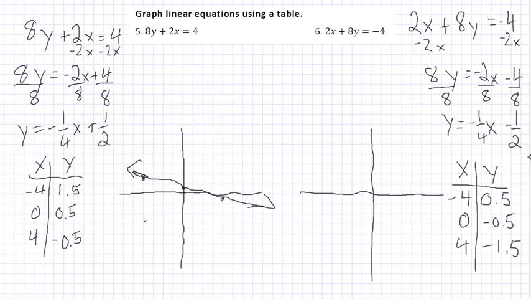As we go ahead and graph this, -4 is 0.5 is at -1, -2, -3, -4, 0.5, 0, -0.5, and 4, 1, 2, 3, 4, -1.5. And so when we go ahead and connect those dots,